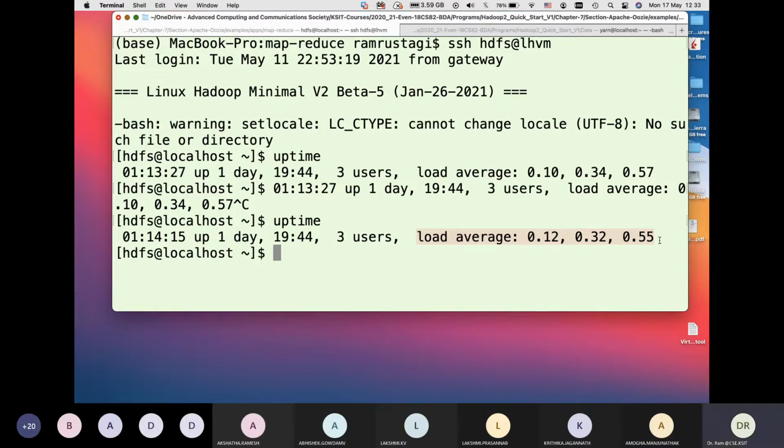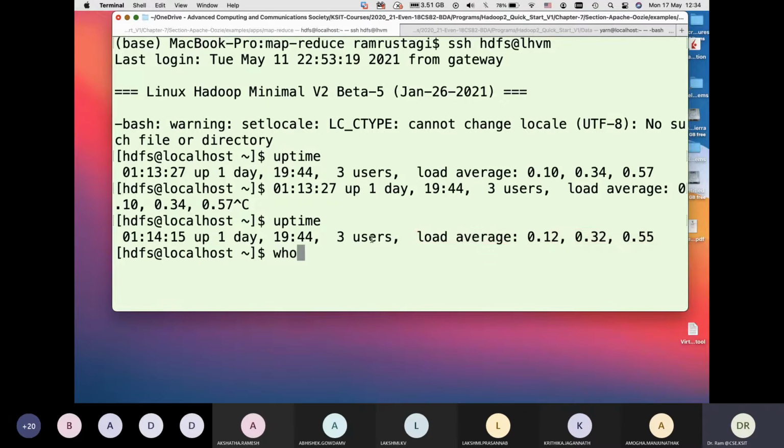It basically indicates, if you look at the 3 values, the first value is the load average over 1 minute, then 5 minutes, and 15 minutes. Load average is the number of jobs in the ready to run queue, because they're not waiting for any resources, they are willing to run. So what is the average in the last 1 minute? The number of jobs in the ready to run queue. Ready to run queue means those jobs which are ready to run without waiting for resources, just waiting for CPU. That's what load average indicates.